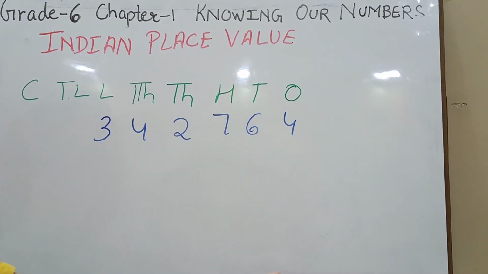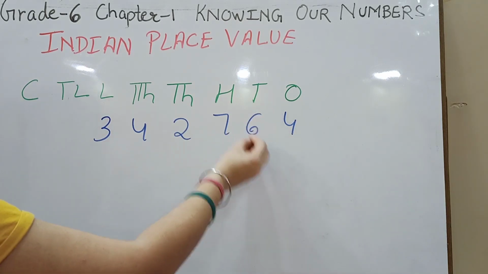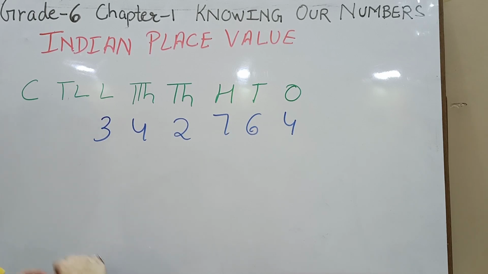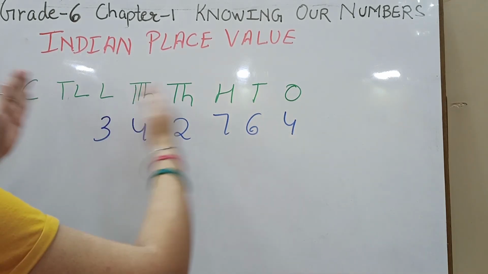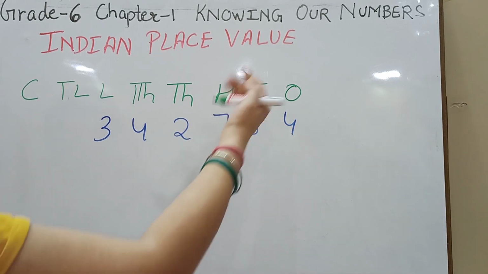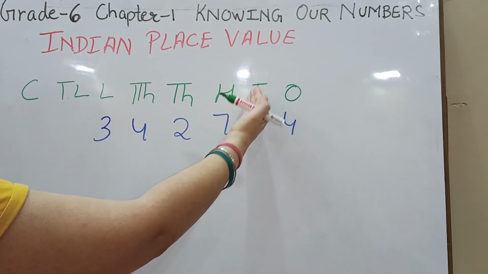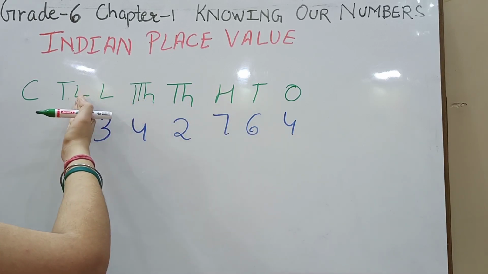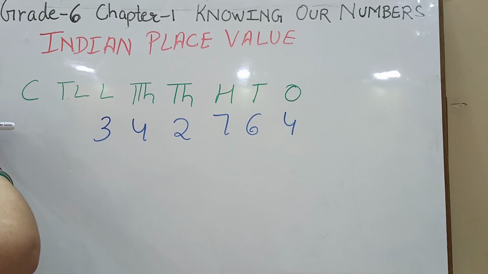42,764. Now, they all are under certain places. So they are telling the position of the numbers. So when we talk about Indian place value system, that is the system through which we read numbers, we tell the value of something. So if I talk about this whole system, this is Indian place value system, where we start from the smallest one, that is ones, tens, 100, 1000, 10,000, lakh, 10 lakh, crore, 10 crore, like this.